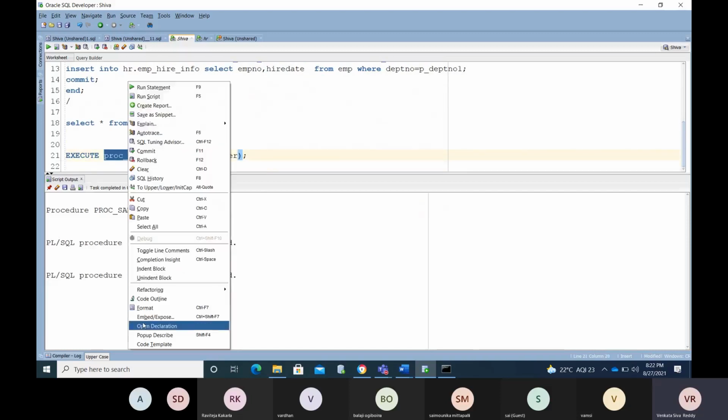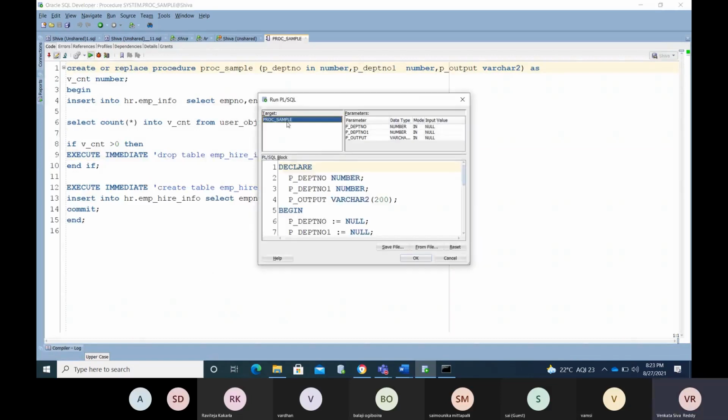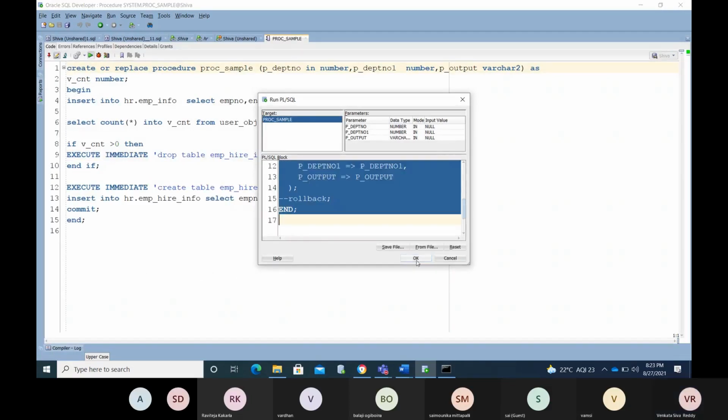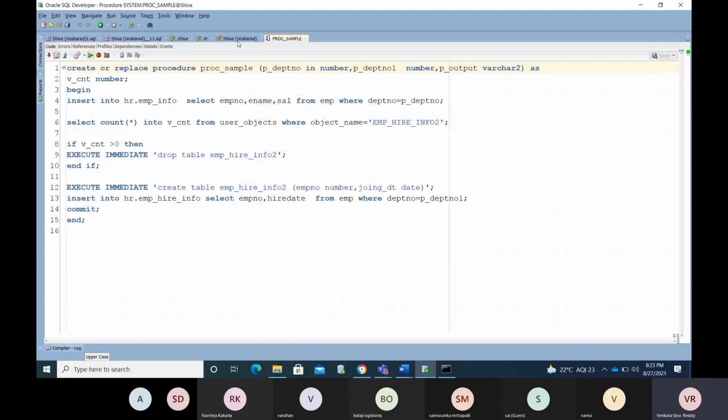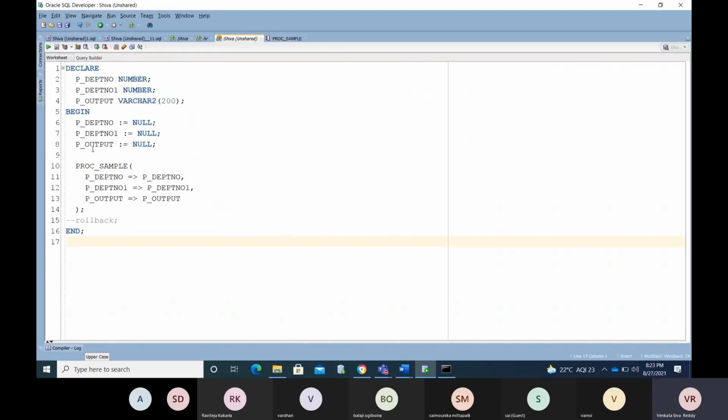If you don't know how to declare these things, try to open the code, press Shift F4, which will describe the procedure, and select the run option, Control F10. It prepares the statements for how to execute that, to simplify your work.